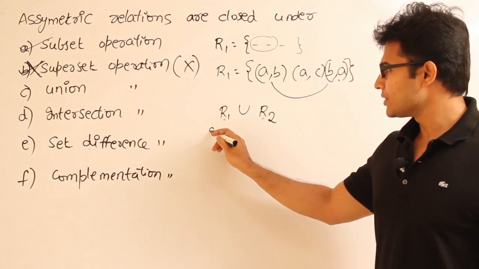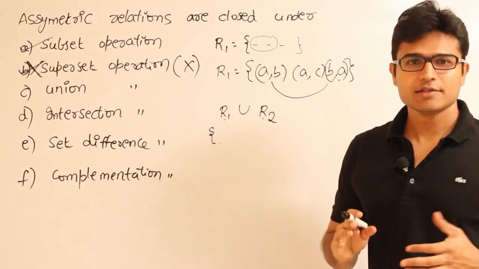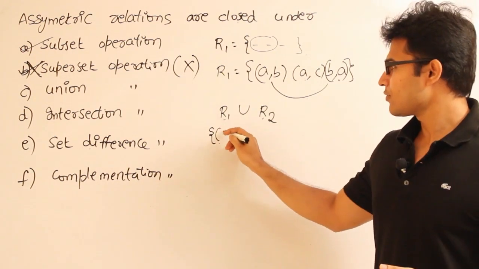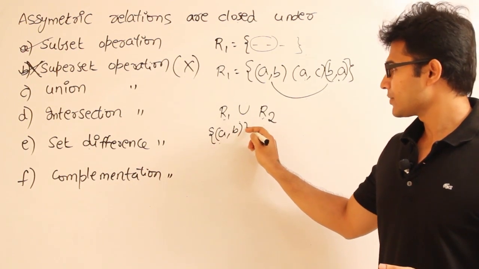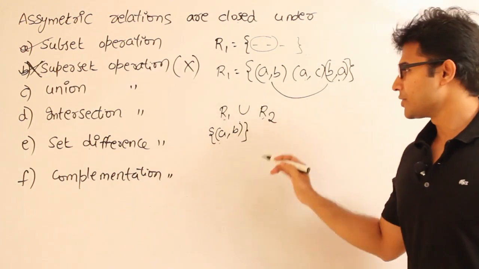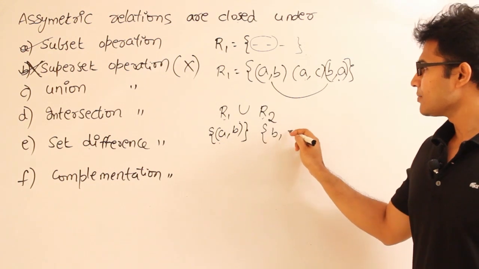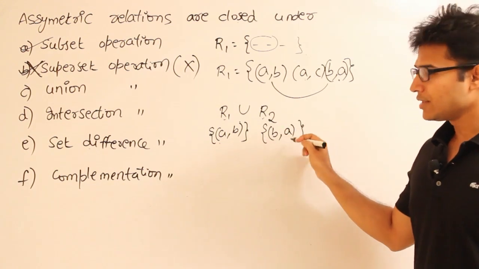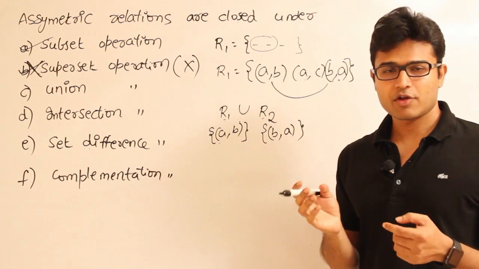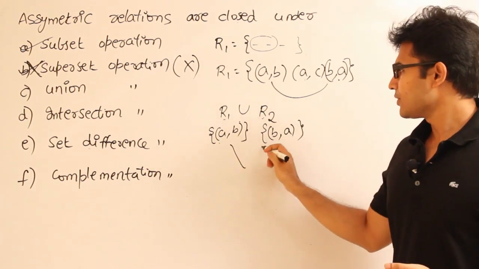Let us say R1 contains a comma b, which is of course asymmetric, and R2 contains b comma a, which is also asymmetric. Even though they are individually asymmetric, now when I merge them,